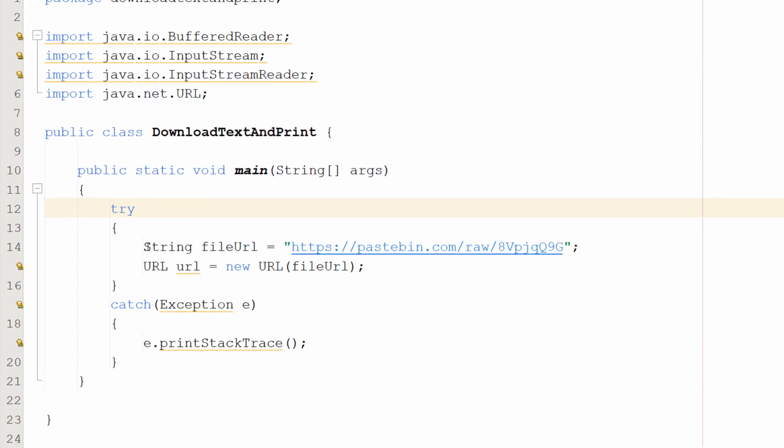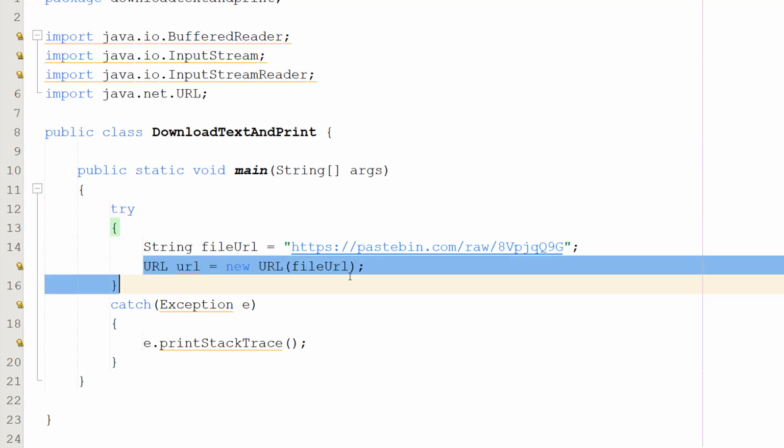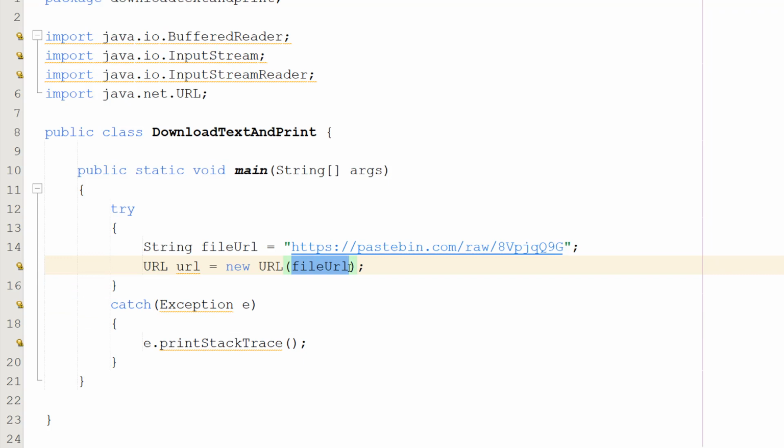Then in the try, we're going to do String fileURL equals the URL of the file containing text that you want to read. In my case, I've got a raw pastebin link, but it could be a text file that's stored on GitHub Pages, or maybe a raw view of a Google Sheets document. And then we're going to do URL url equals new URL, and then fileURL is passed in. Here, we're saying, take the address that we've got, and understand it's an actual place on the internet